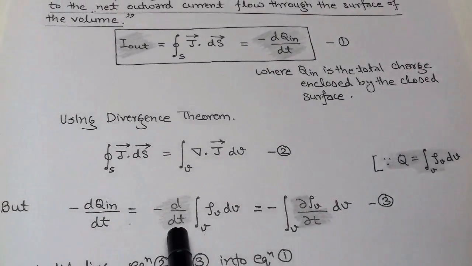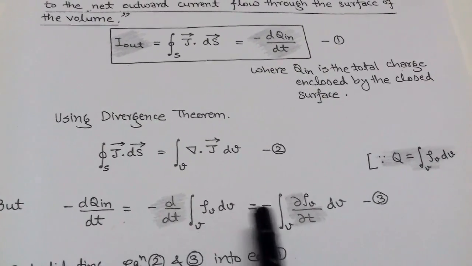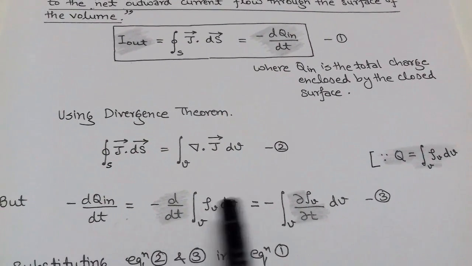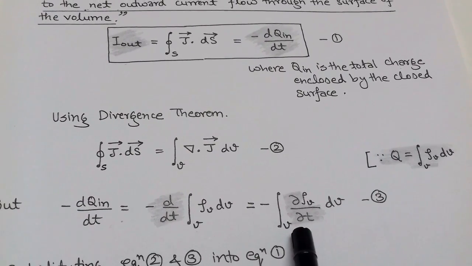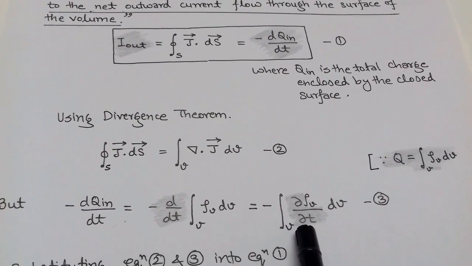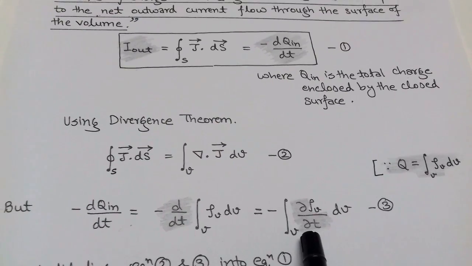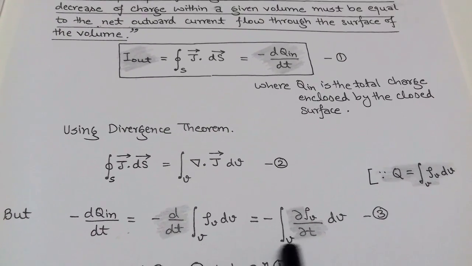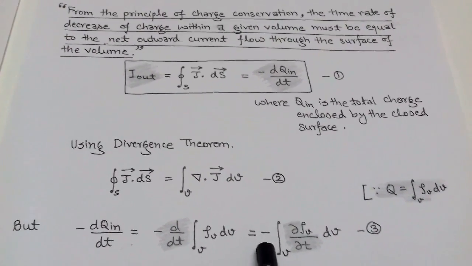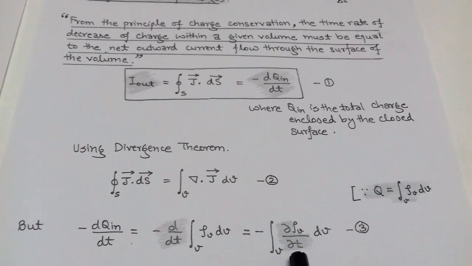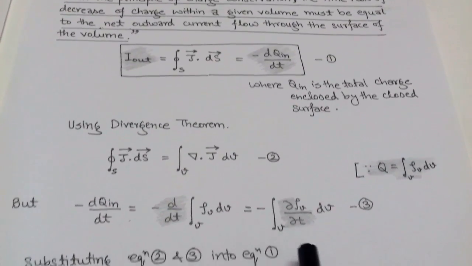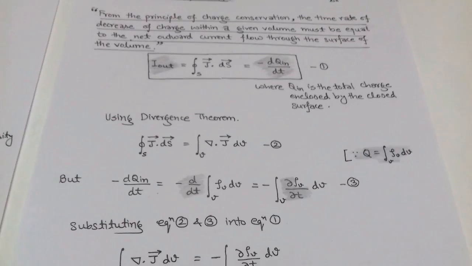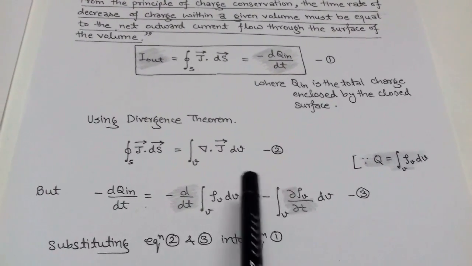Now when we put d upon dt inside this integration, it becomes del upon del t. This is to be noted. So it becomes minus volume integration del rho v upon del t into dv. That is equation 3. Now substituting equations 2 and 3 in the first equation,